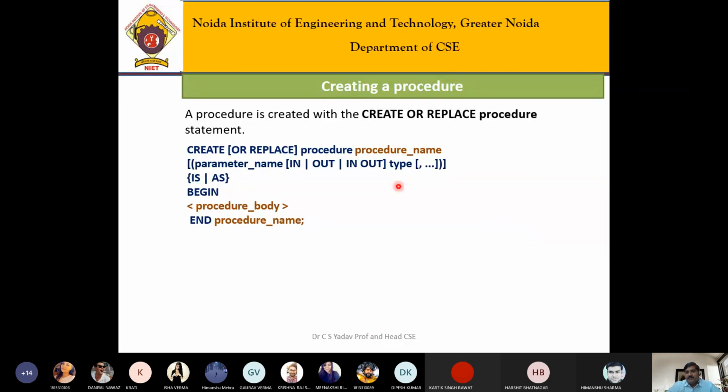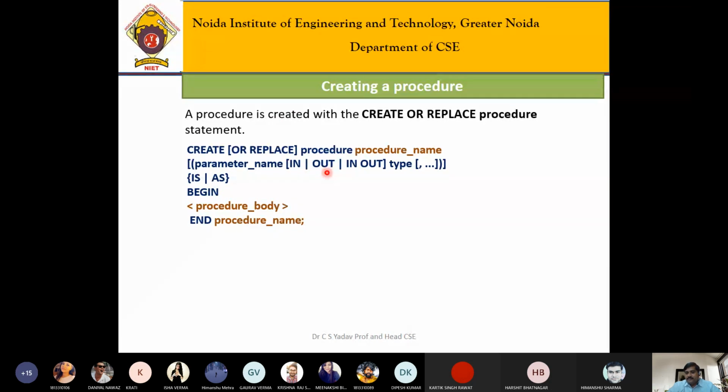There are three types of parameters: in, out, and in out. If we declare a parameter in in mode, it means that this parameter receives input from the outside world. Suppose we call this procedure and pass any value, then that value will be stored in this type of parameter.